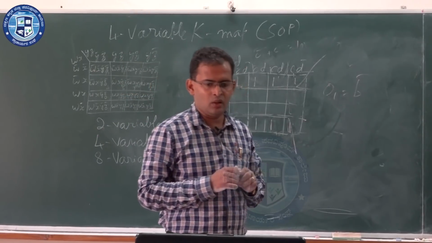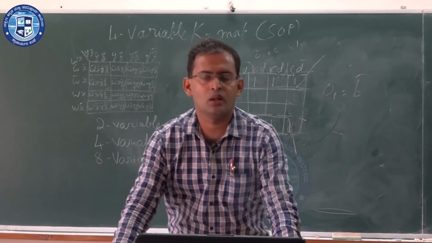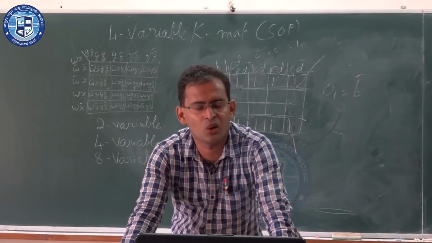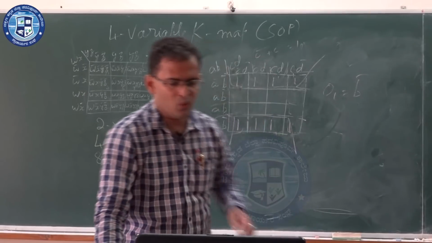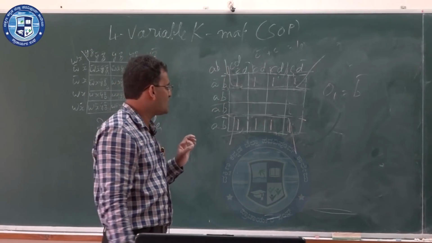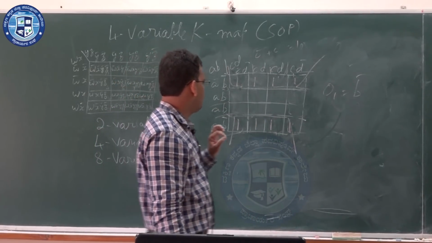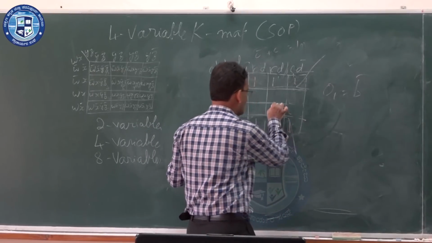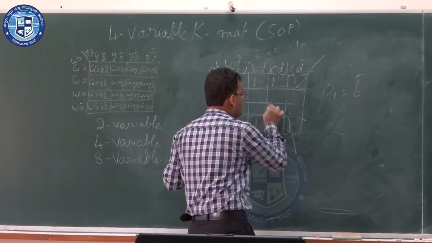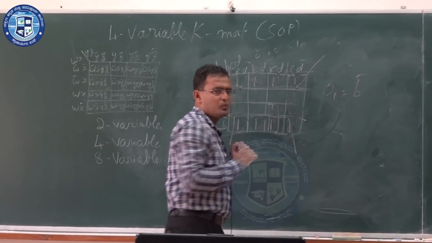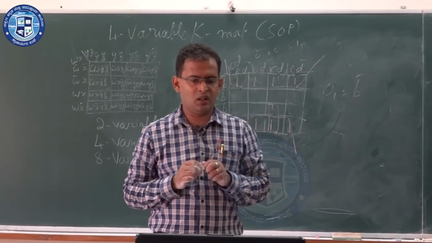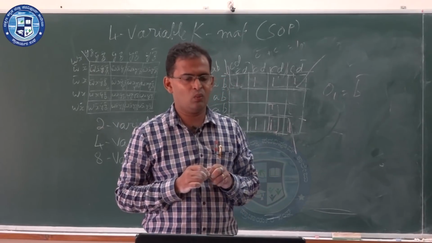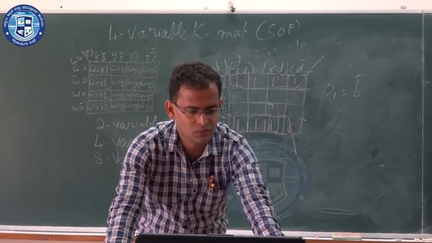Now, this is regarding the overlapping rules. How is overlapping possible? Overlapping means the same 1 can be encircled more than once. That time, if I have a 1, I can encircle it or group it. Suppose we have a K map which has a 1 to be encircled more than once.